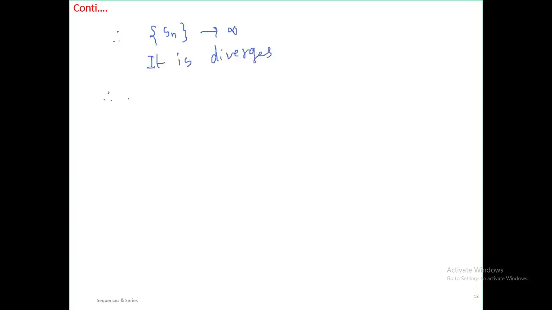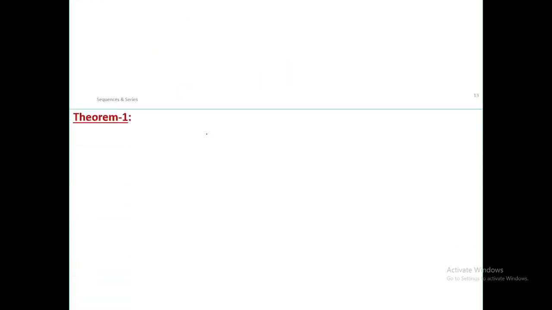So therefore, the series sum a_n diverges, or simply does not converge, it diverges, like this. So this is the convergence and divergence of a series. Okay, now let us have a special theorem,